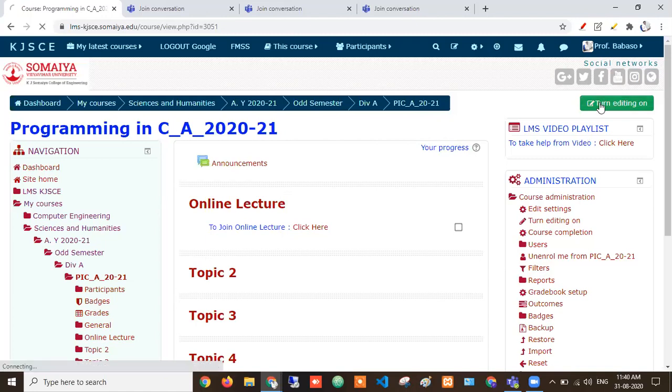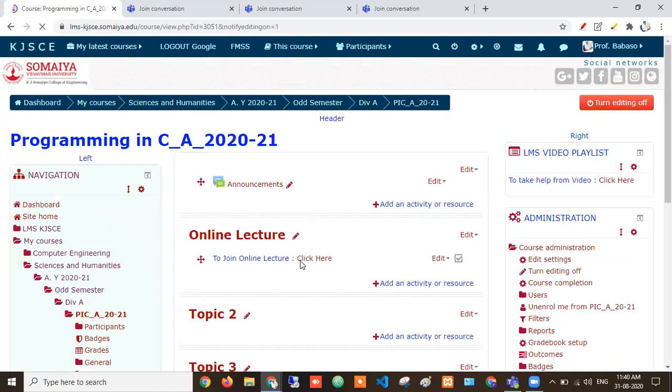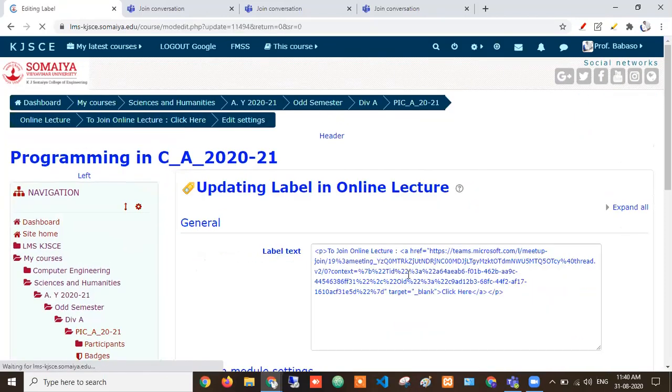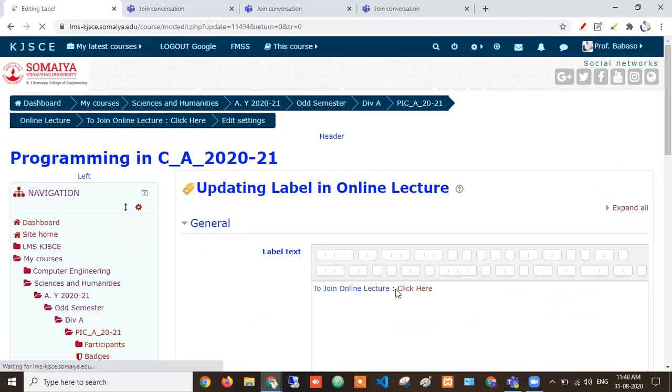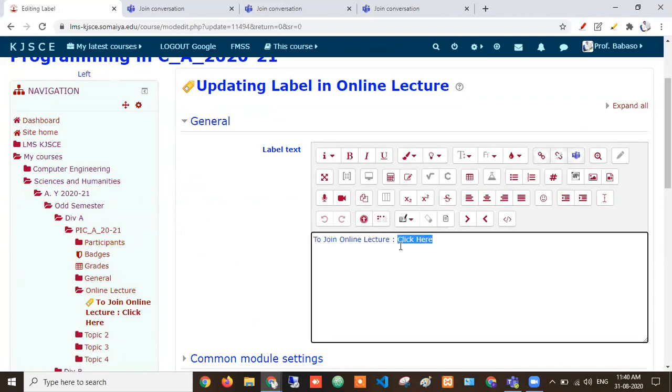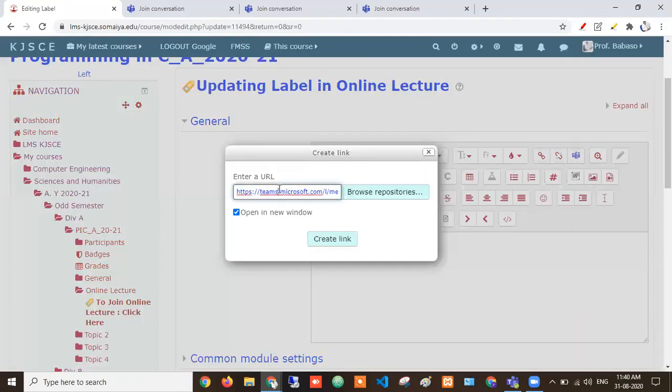Instead of adding that link from the LMS, suppose there are two teachers who want to collaboratively take the lecture, right? So instead of copying this link, just edit the link. Here we can select this, and here you see the link and unlink option. Just click on link. This link is there, so remove this link, copy your link here, and just create. The same link will be used for others also.